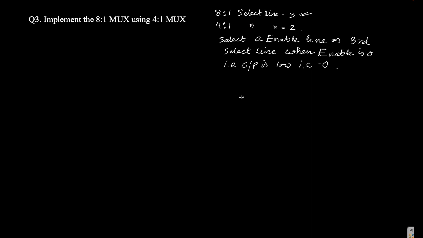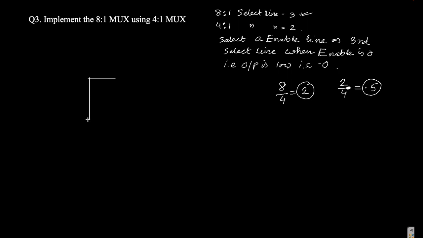Now, how many 4:1 multiplexers are there? So you have to find it. We have to make an 8:1 MUX using 4:1 MUX. So 8 divided by 4 will become 2. Then again 2 by 4 becomes 0.5. So this is nothing but the select line, and this is nothing but the number of 4:1 MUX. Now just draw one 4:1 MUX, two 4:1 MUX. So this is one